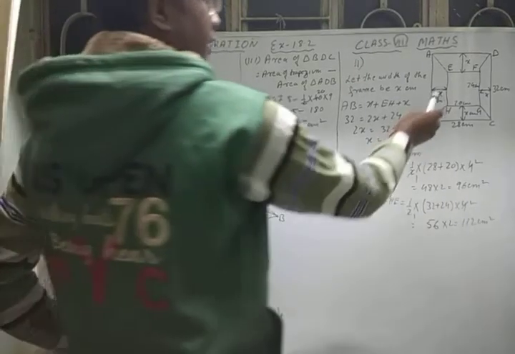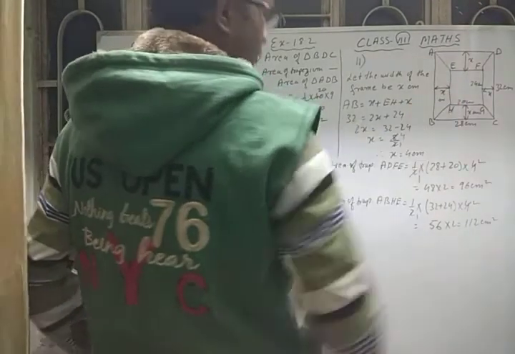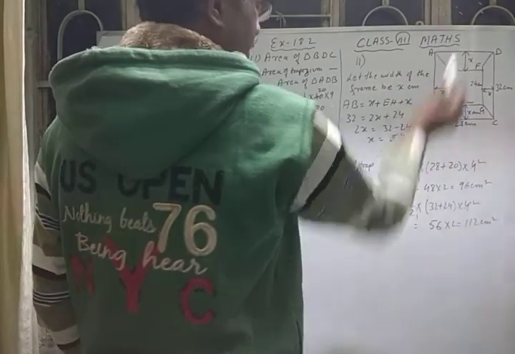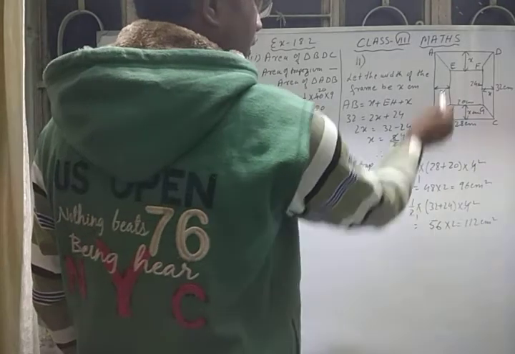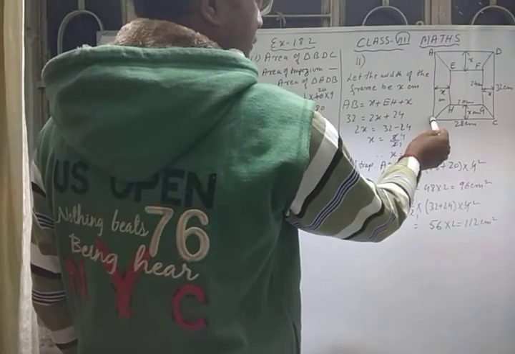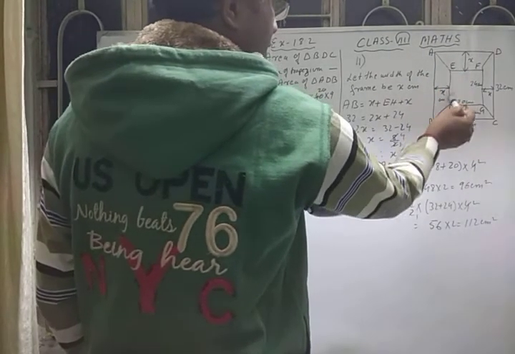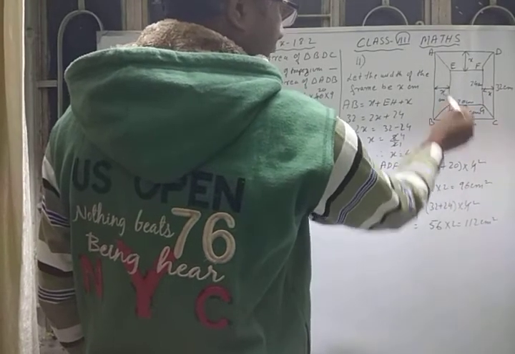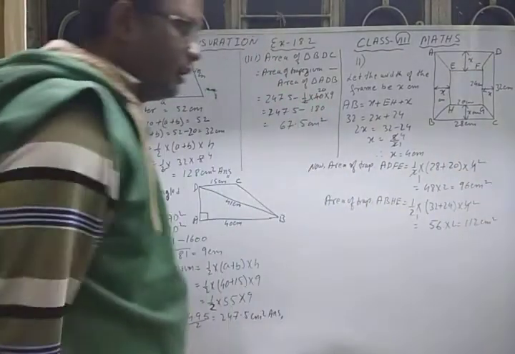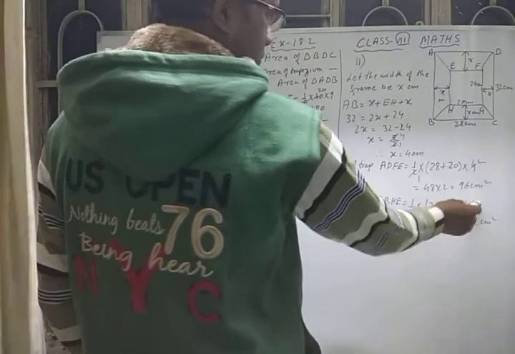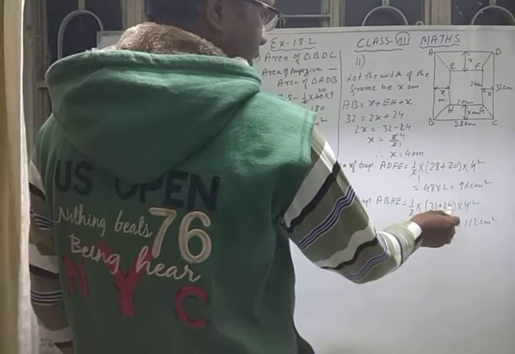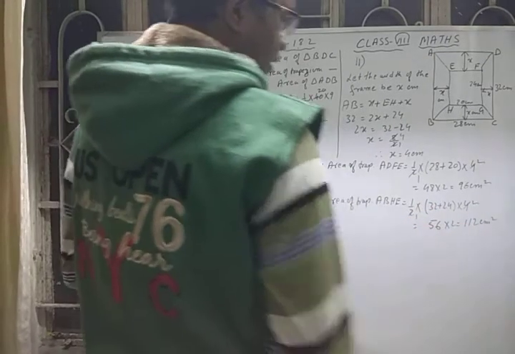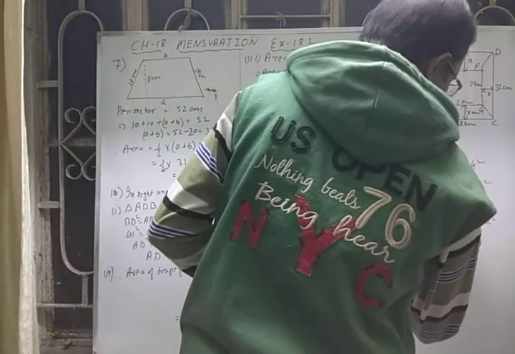Similarly, if you find the area of this trapezium, you will get this one also. So area of trapezium ABHE, what you will get, half into the parallel sides. First is this one 32 and this one is 24. So 32 plus 24, and the width, that is the height of the trapezium, is 4 centimeter. So 2 1 2 again, and 2 2s are 4, you cancel it, and 32 plus 24, that is equal to 56 into 2, that is equal to 112 centimeter square.